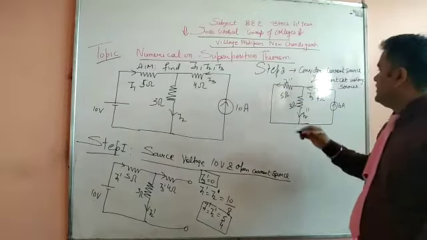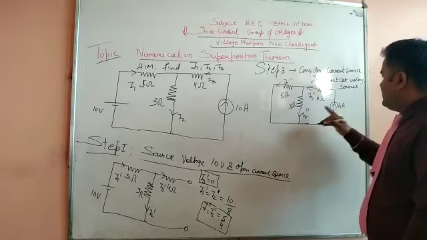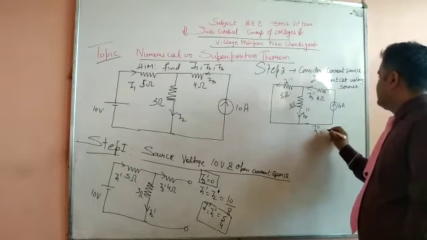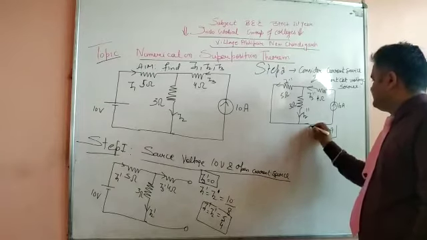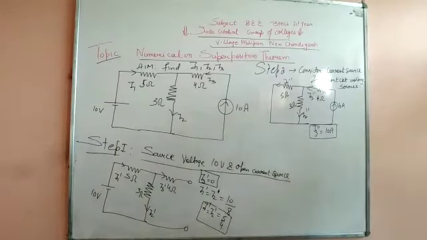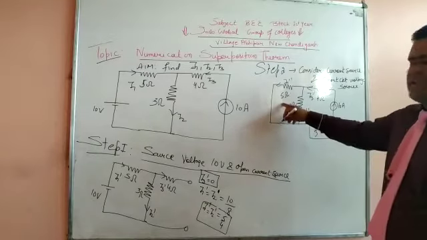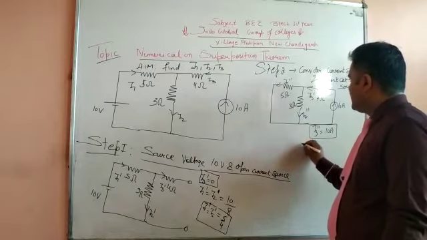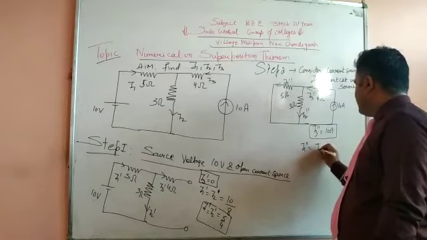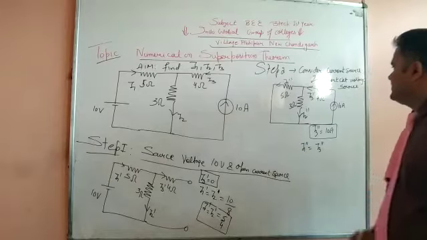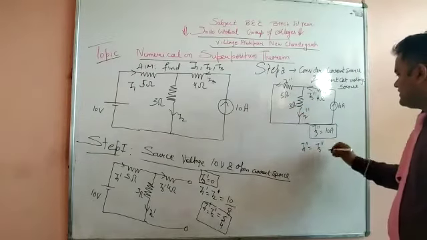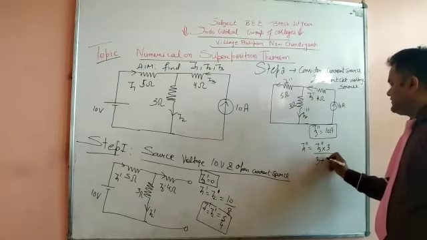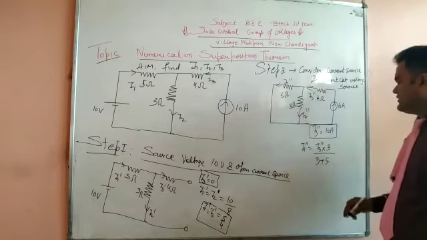Now you know the incoming current, that is I3 double dash is 10 ampere. It is given. No need to solve it. Now there are two branches in parallel, 5 and 3 ohm resistance. In this case, I1 double dash is equal to incoming current, that is I3 double dash, into resistance of opposite branch. We are applying the current divider rule, divided by sum of resistance. These are the resistances in parallel.